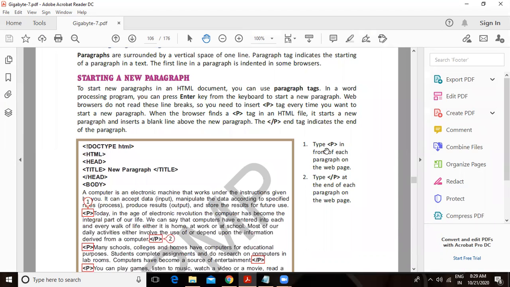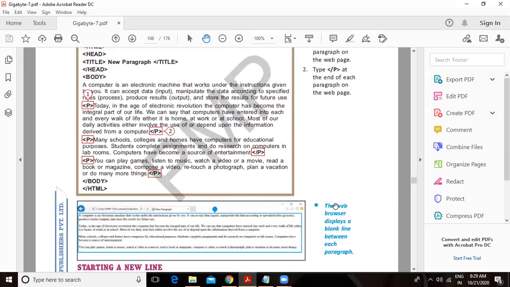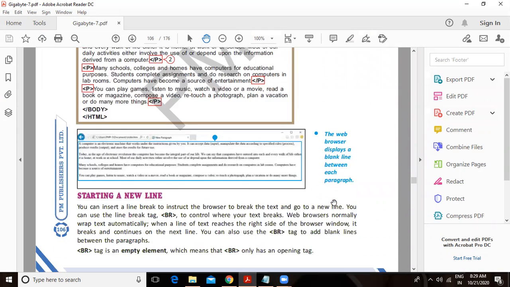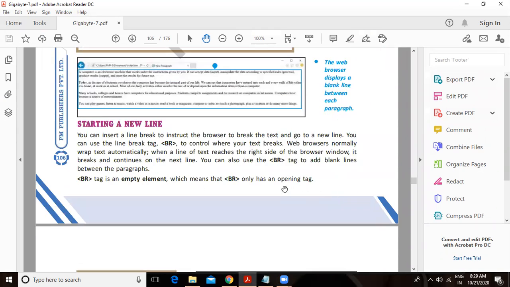Here you can see, type P in front of each paragraph on the web page. Type /P at the end of each paragraph on the web page to end the paragraph. Now here, whenever I want to start something on the new line, not in the form of paragraph, but simply in a new line. Here you can see this is not the paragraph. The web browser displays a blank line between each paragraph. This text is not in the form of a paragraph, but simply it is changing the line.